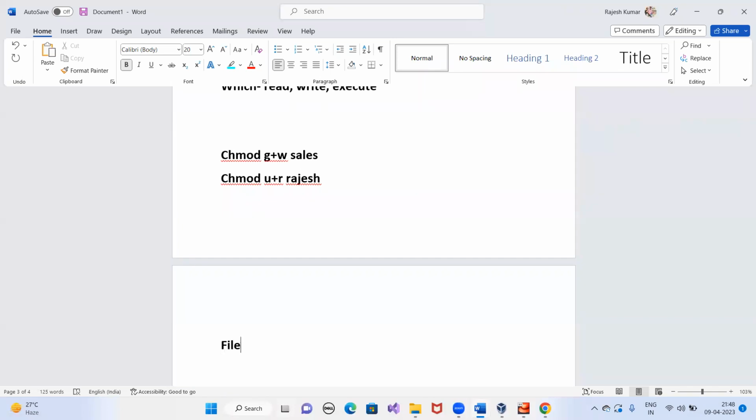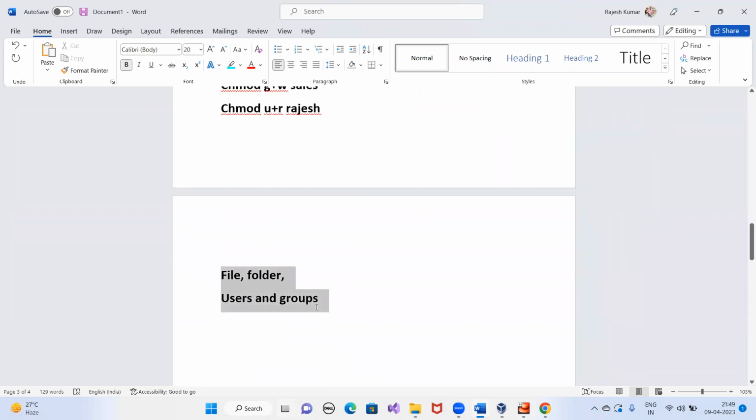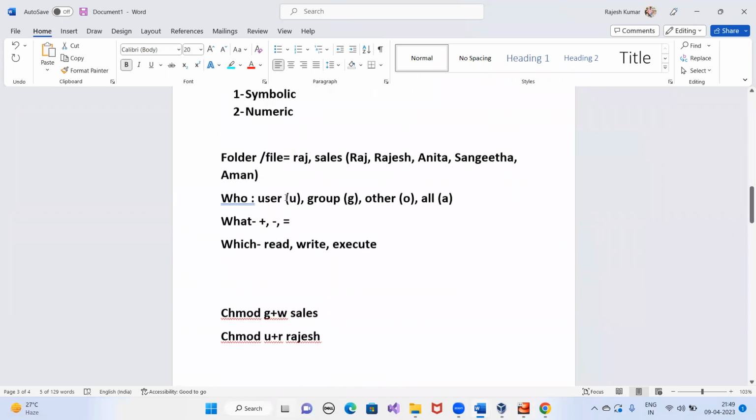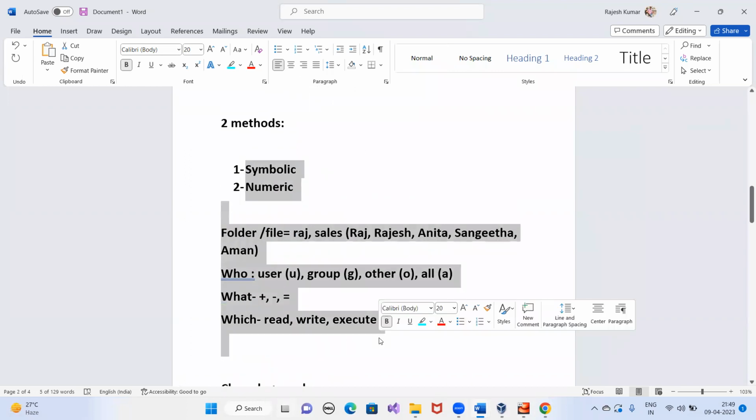You will have to become smart at file and folder level things: file creation, folder creation, editing, Vim, and then users and groups. Whatever practical we have done and whatever commands we have completed so far, do the practical this week and revise it.